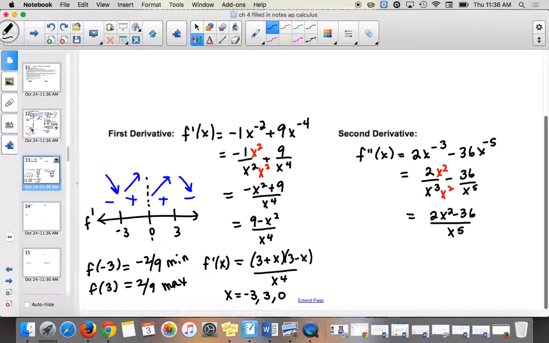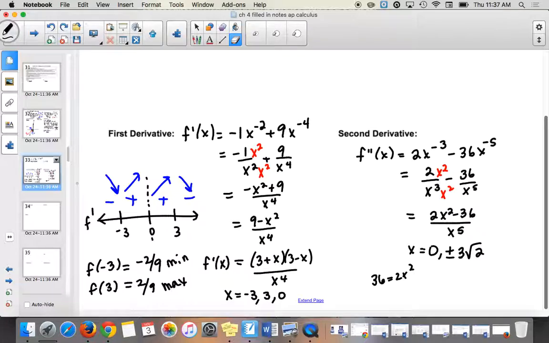So if I set my numerator and denominator equal to 0, I get points of interest. So 36 is equal to 2x squared. I get the square root of 18. So what's square root of 18? How do I write that? I was just doing this in algebra 2 today. 3 root 2. You guys remember this? Yes. All right, so if